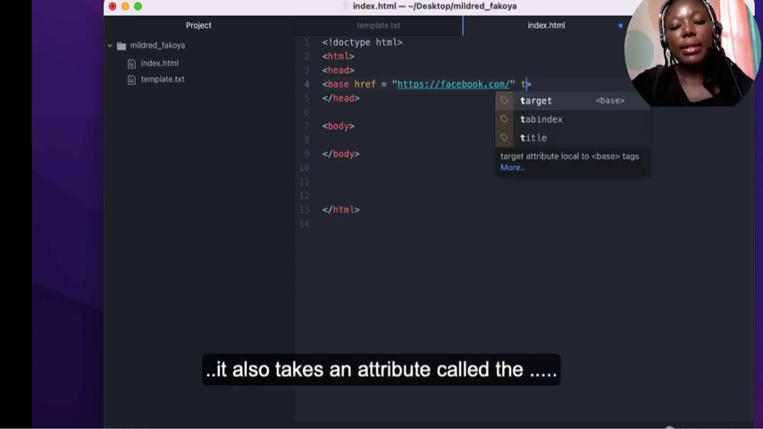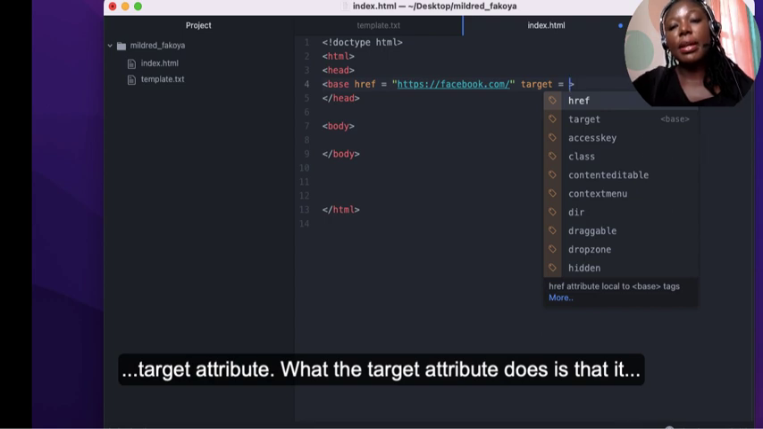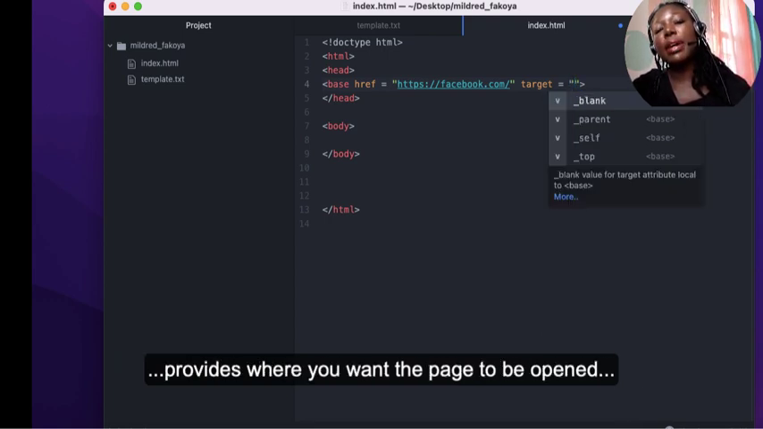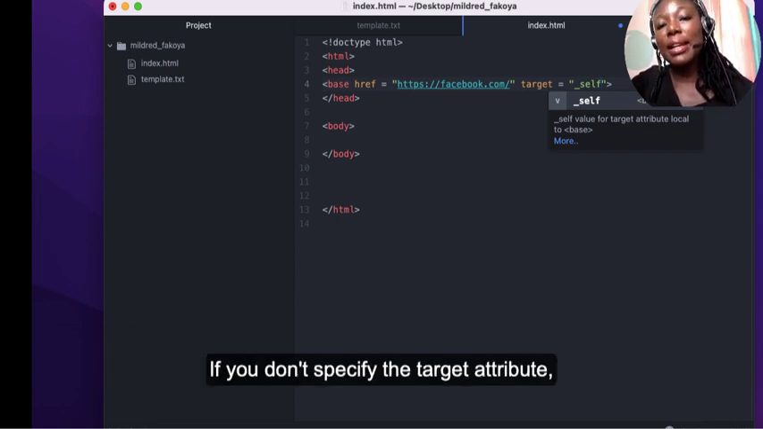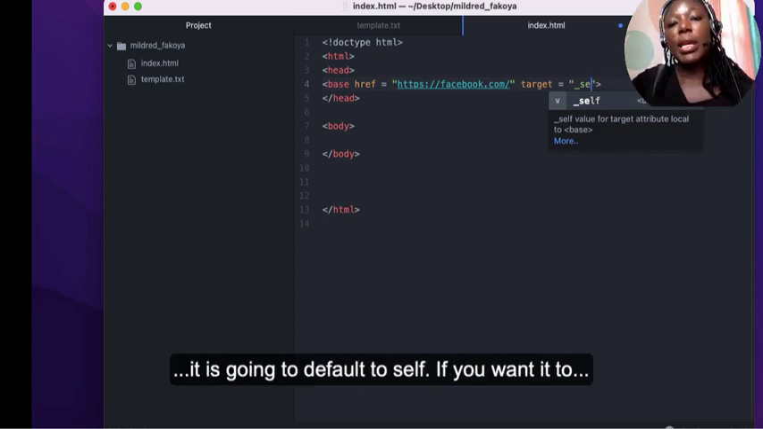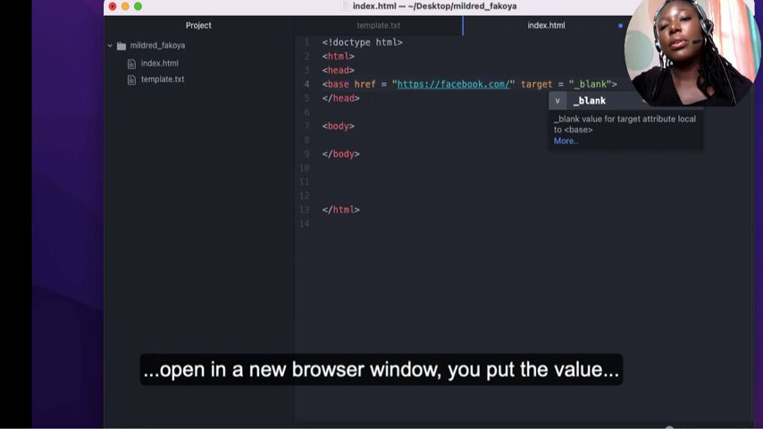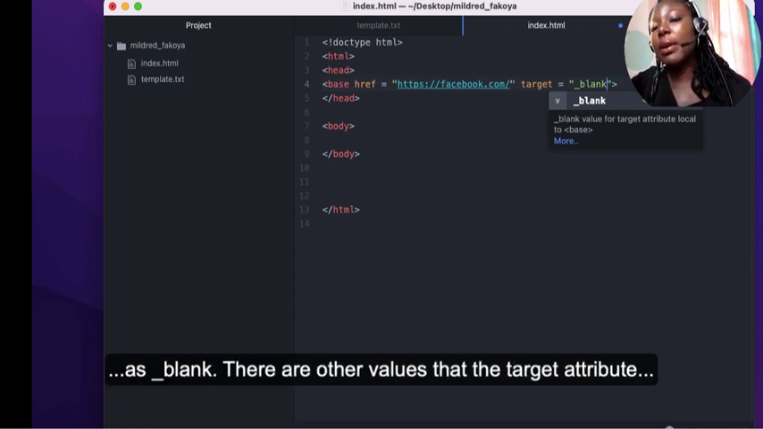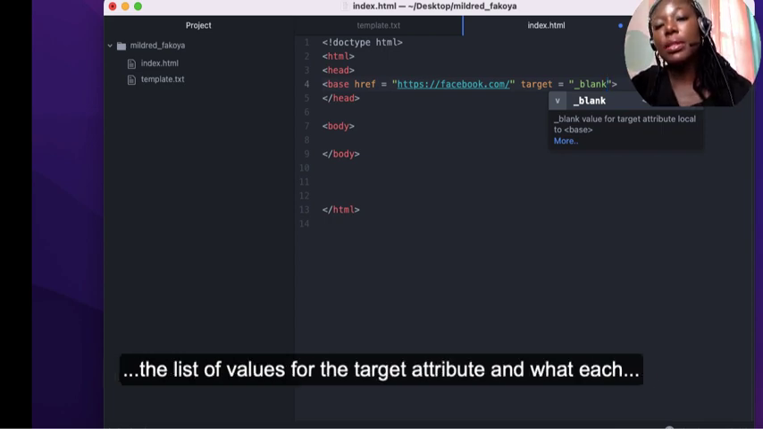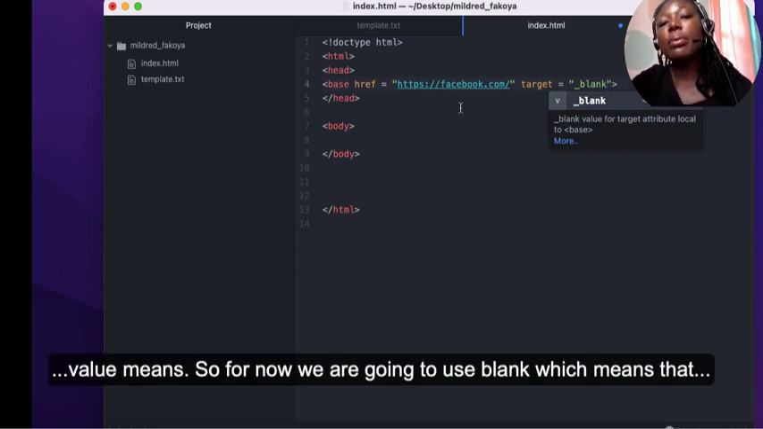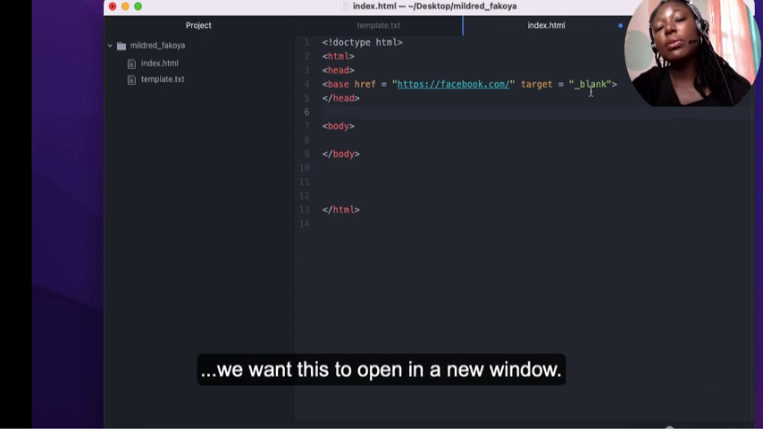It also takes an attribute called the target attribute. And what the target attribute does is that it provides where you want the page to be opened. The default is called self, and when you specify self, it means that you want it to be open in the same window. If you don't specify the target attribute, it is going to default to self. If you want it to open in a new browser window, you put the value as blank. There are other values that the target attribute takes, and if you refer to your lecture notes, you will see the list of values for the target attribute and what each value means. So for now, we are going to use blank, which means that we want this to open in a new